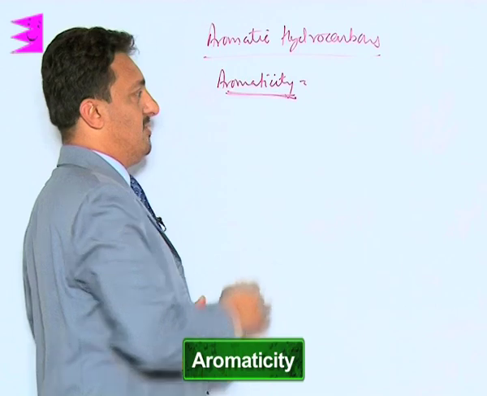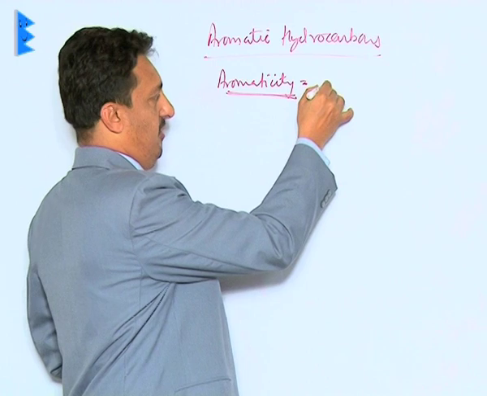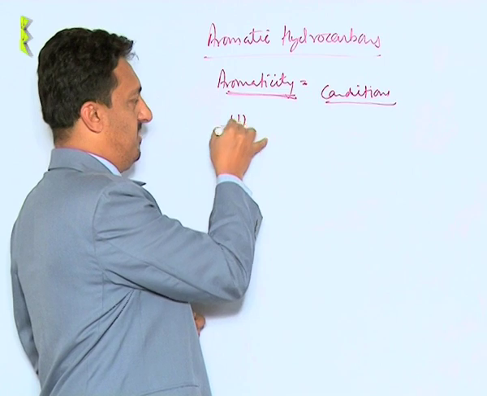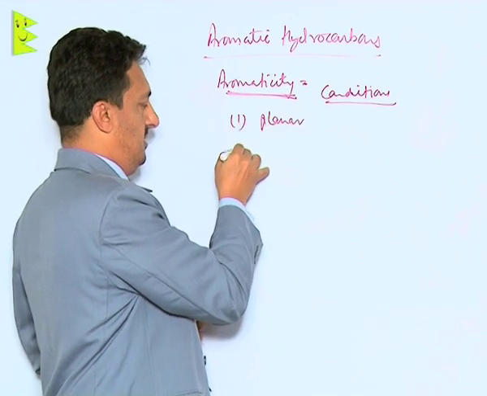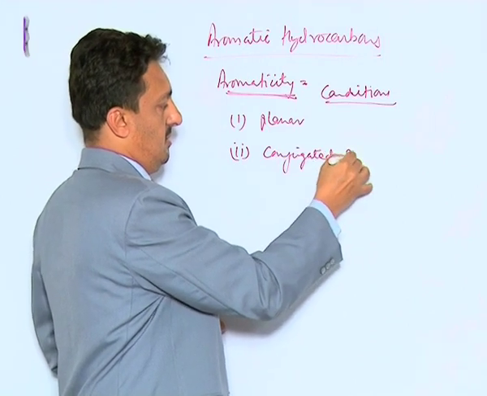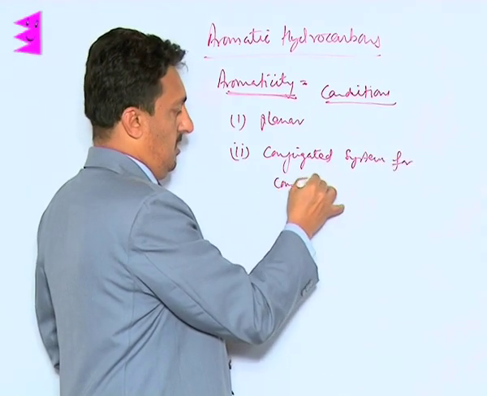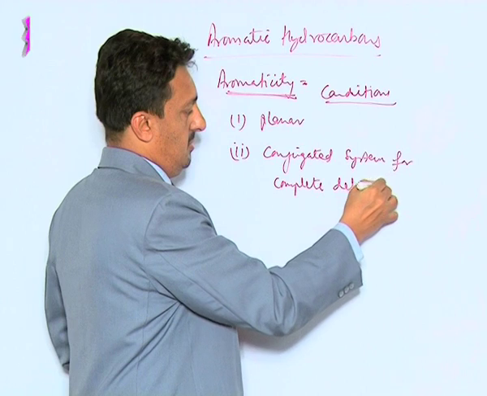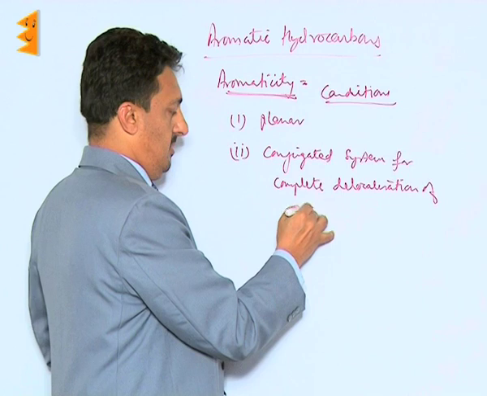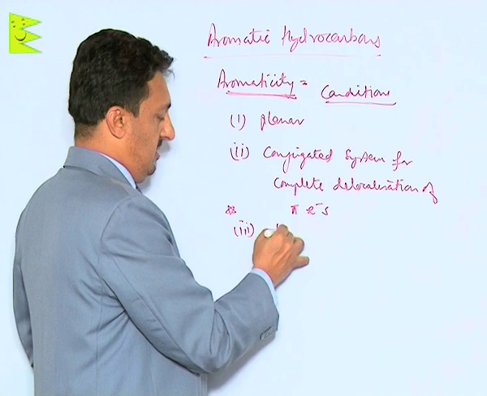Only those carbocyclic rings will be called aromatic, or will show aromaticity, which follow the following conditions. The conditions are very specific. They have to be planar. They must have a conjugated system for complete delocalization of pi electrons, and the third and the most important, they follow